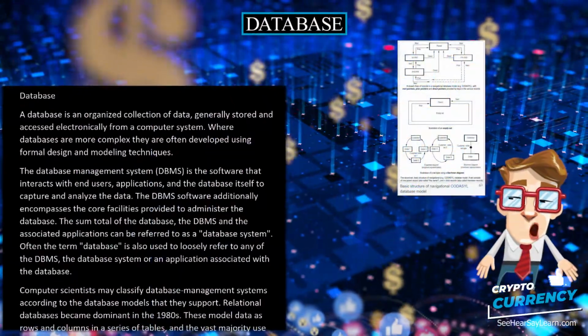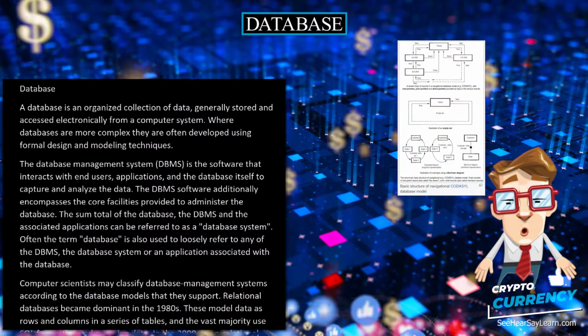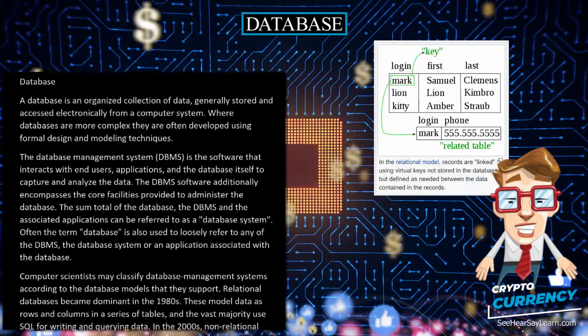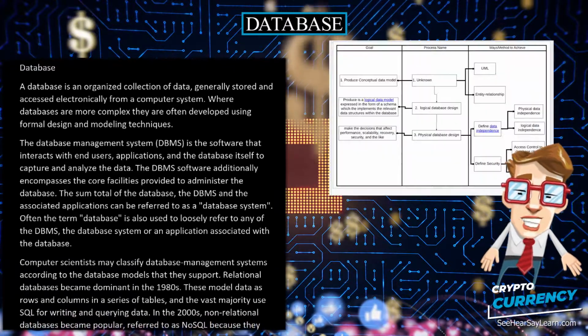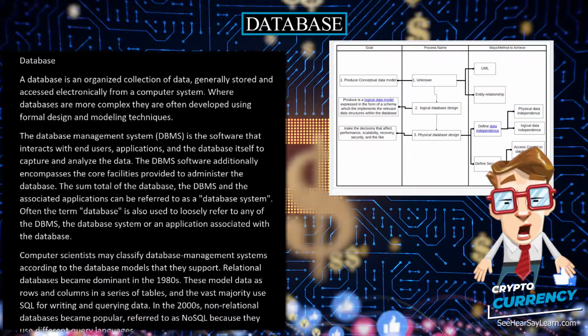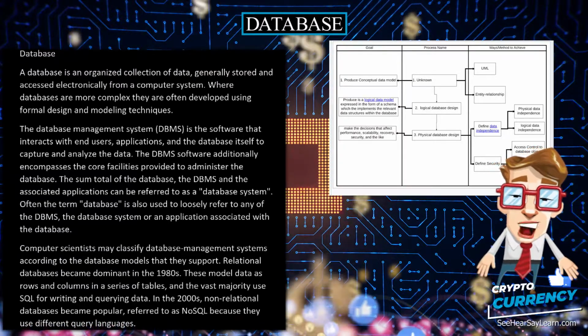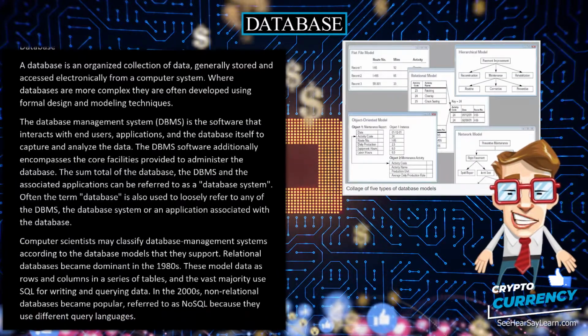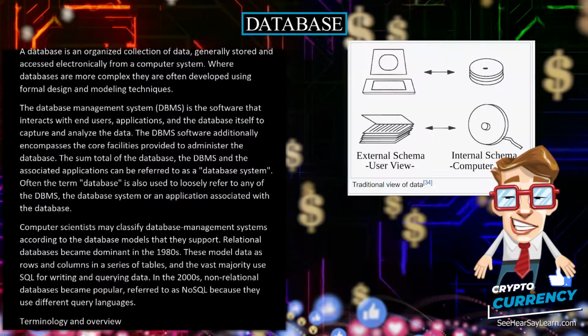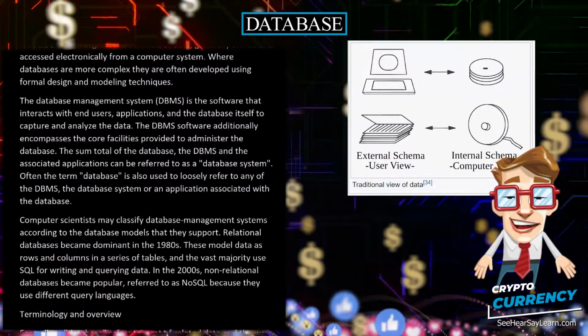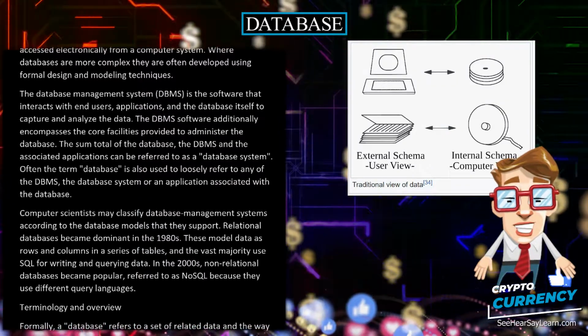Database. A database is an organized collection of data, generally stored and accessed electronically from a computer system. Where databases are more complex, they are often developed using formal design and modeling techniques. The Database Management System, DBMS, is the software that interacts with end users, applications, and the database itself to capture